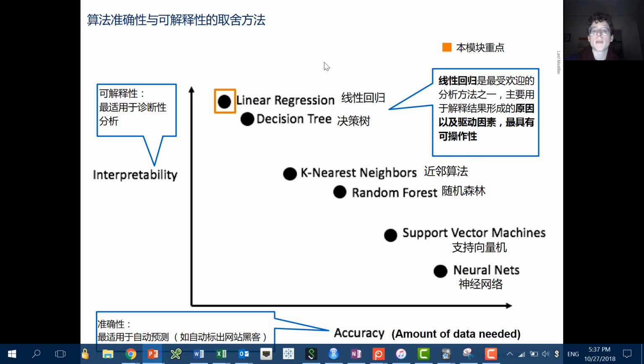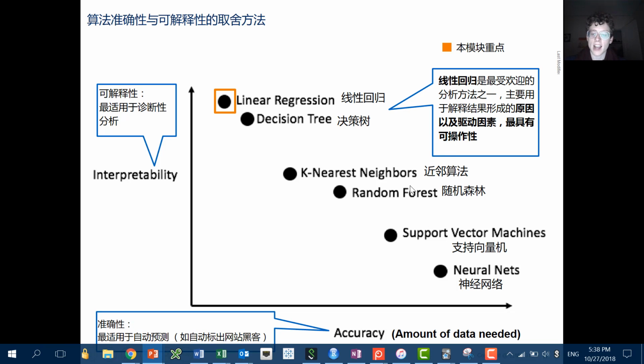Random forest is a combination of decision trees and is actually somewhat interpretable for variable selection, but not nearly as interpretable as linear regression or decision tree. Support vector machines use a line which creates the most amount of variation, essentially splitting two different groups in a multidimensional vector space, and then if you do this for a continuous task, it takes the average, for example, of those groups. Anyways, these are three you'll hear.